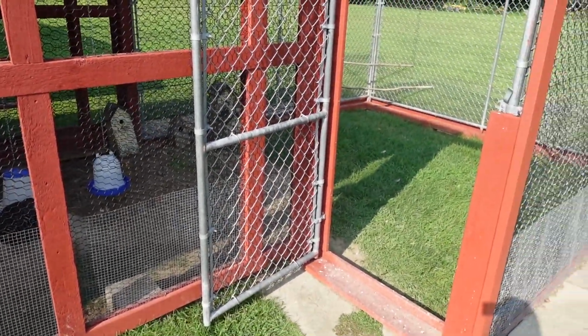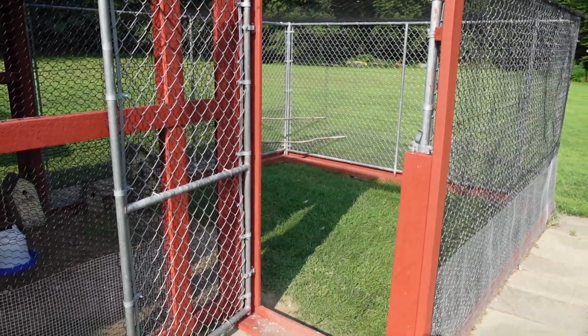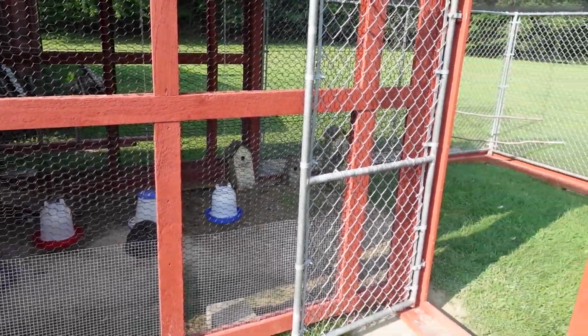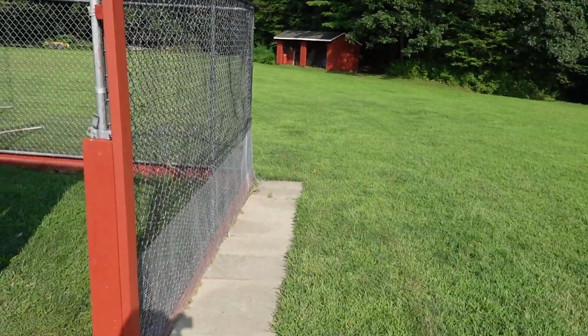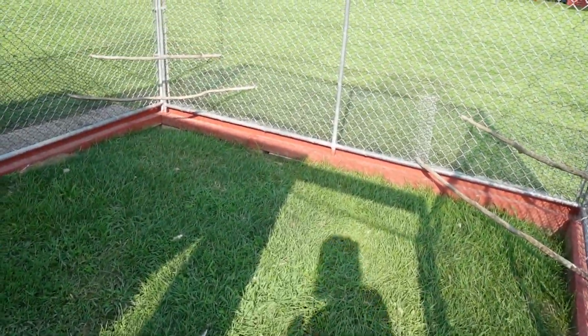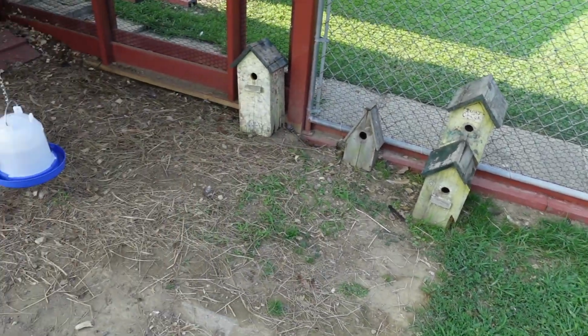They're out from, I don't know, 5:30, 6 in the morning until 8:30 p.m. We've been doing this for quite a few weeks now. Everything has been going smoothly with that. So I'm going to come into the run. They don't spend a whole lot of time in here because they